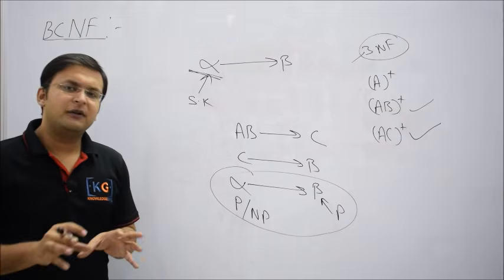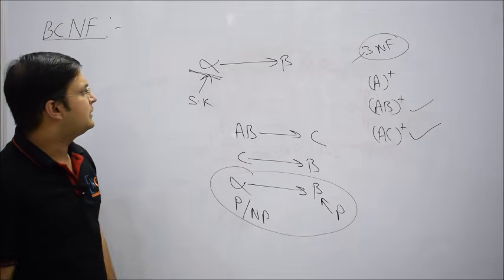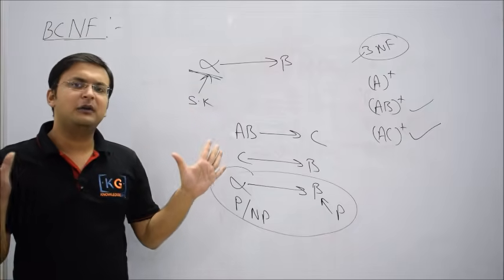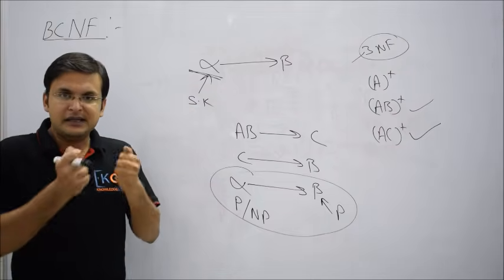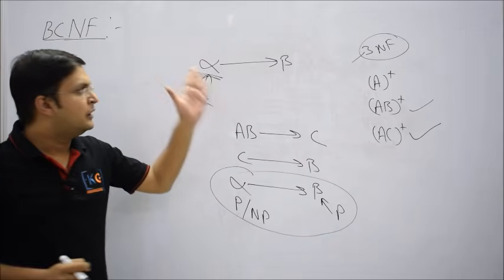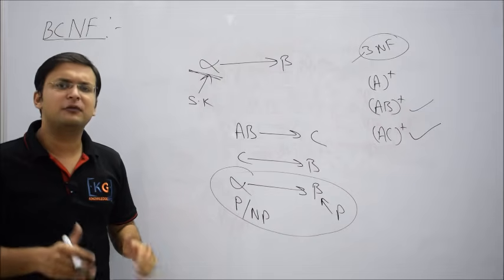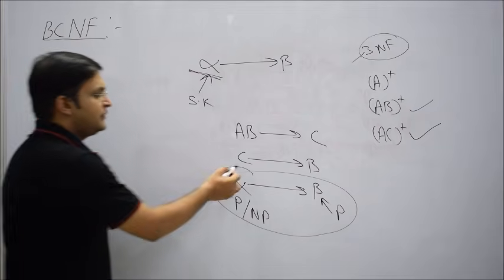If someone is watching this video directly, please go back and check that video. Now the conclusion is, if there's an alpha to beta dependency and alpha is a candidate key, then there's no problem, because theoretically a candidate key or a super key is entitled to find everything. Now if you check beta, it could be prime, it could be non-prime, it will not make any difference to me. Now you understand. Come back to this table, C to B.